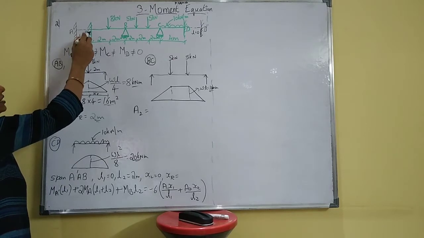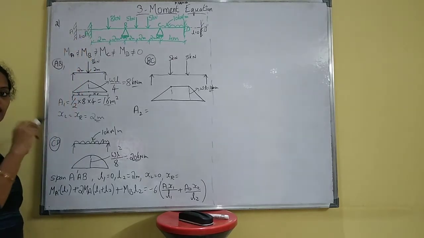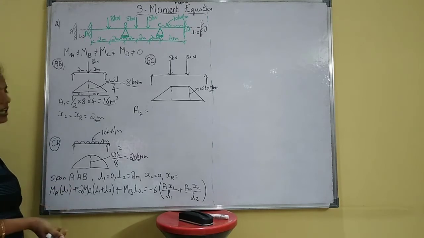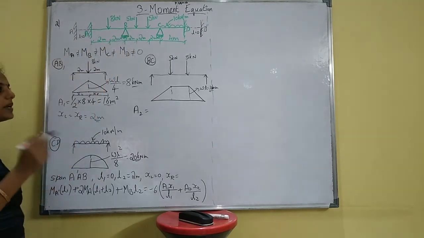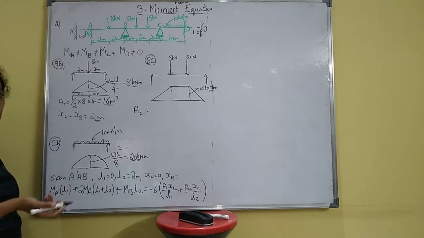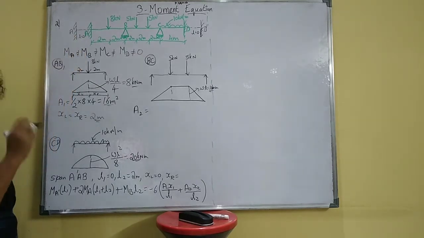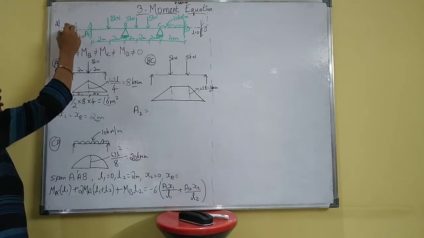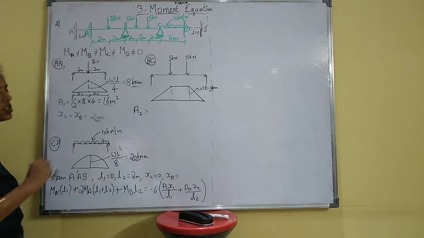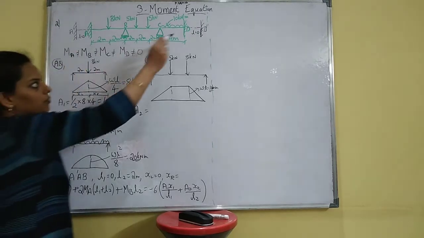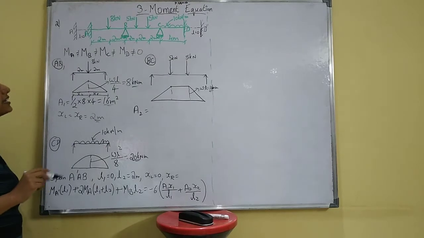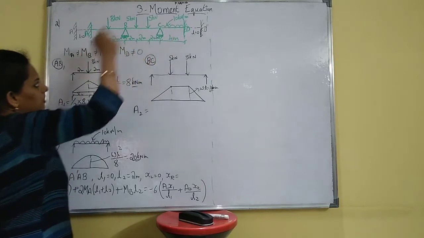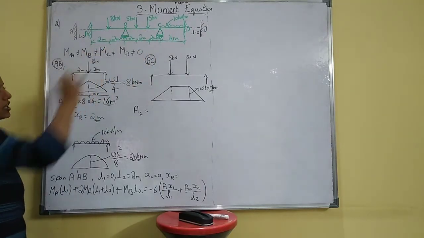For a simply supported beam, at the free end you will have bending moment as 0, but here a fixed end will be having moment, so the moment at that point is not equal to 0. For that case you have to draw an imaginary line or imaginary support, consider it as A dash, and take that length as equal to 0. While taking that length as 0, you have to find out MA, MB, MC and MD. Here MA, MB, MC and MD are not equal to 0.